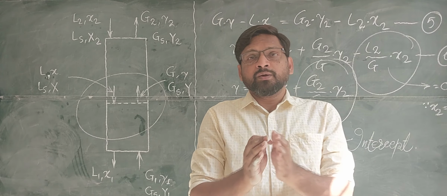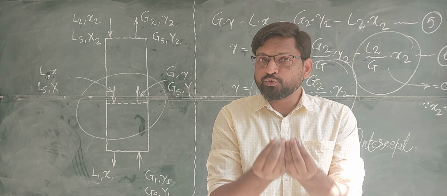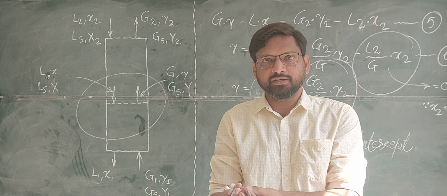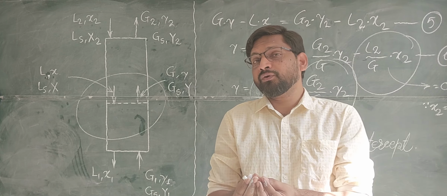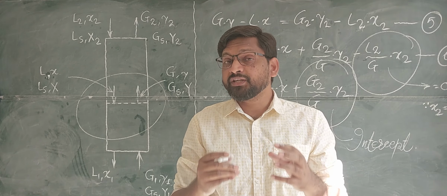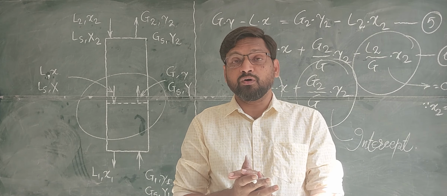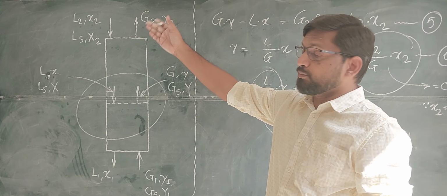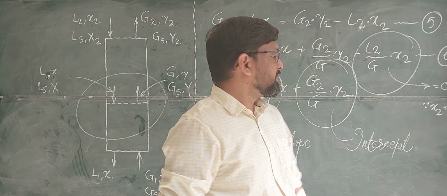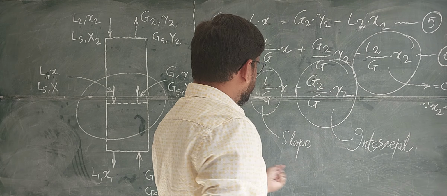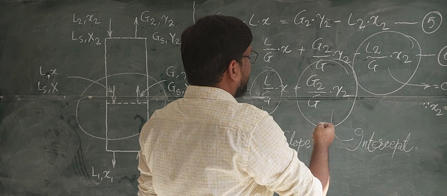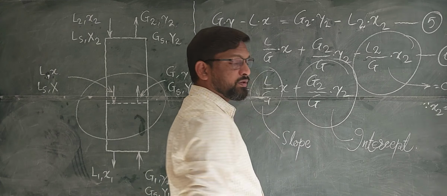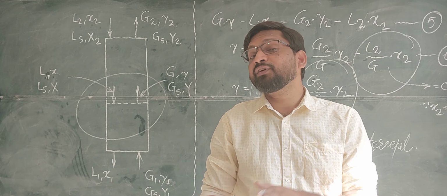In this case, stripping is used for regeneration of the solvent to be recycled, so that we should have the optimum or minimum amount of fresh solvent as a top-up solvent to be used at the top of the column. So this is the equation of a straight line in which L by G is its slope and G2 by G into Y2 is an intercept on the XY diagram, that is the equilibrium